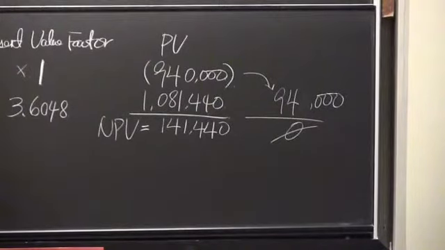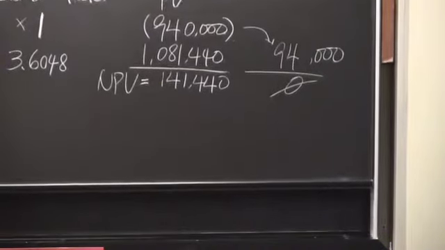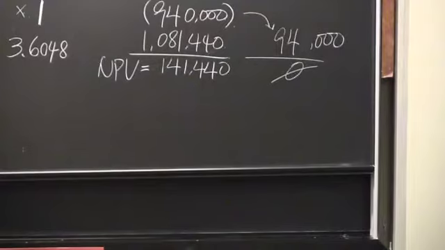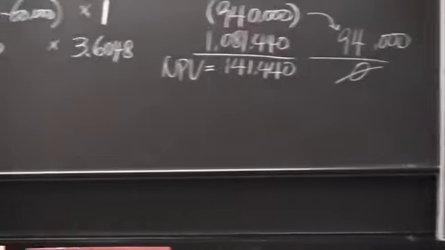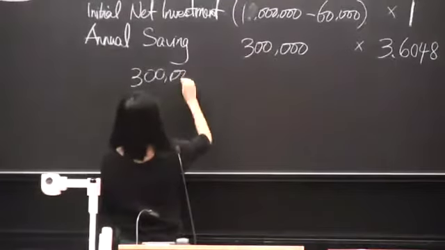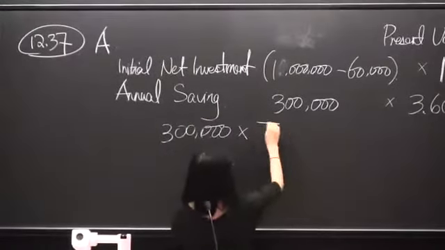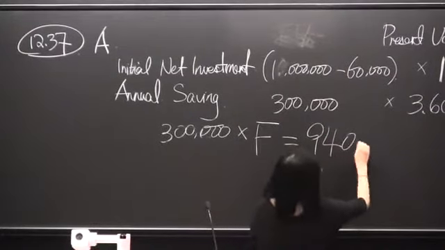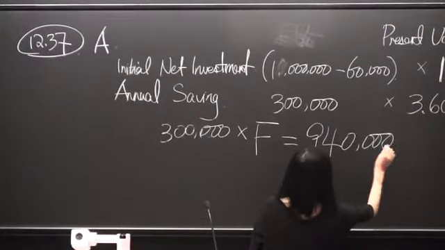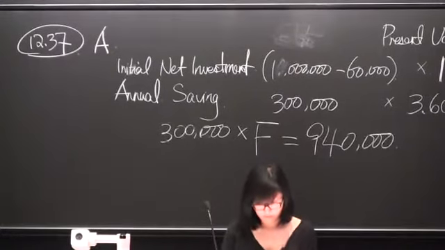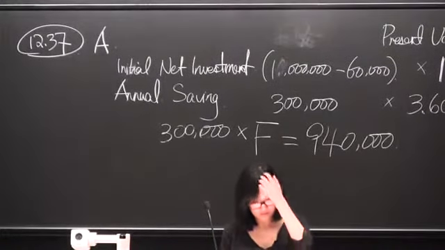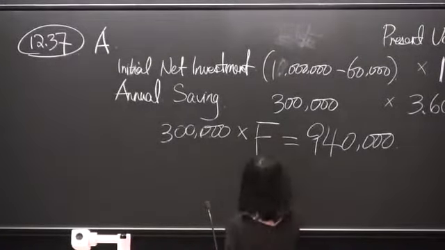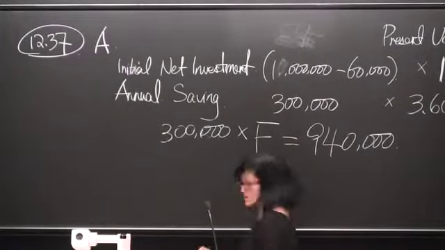So when you calculate it, it's basically, oh shoot, 300,000 times whatever factor you'll get should equal to this. And your factor will be